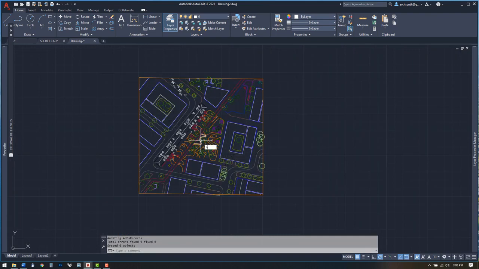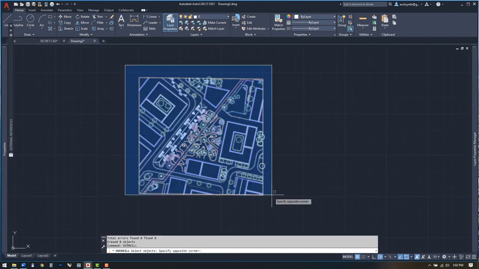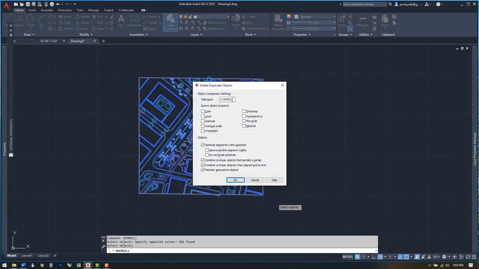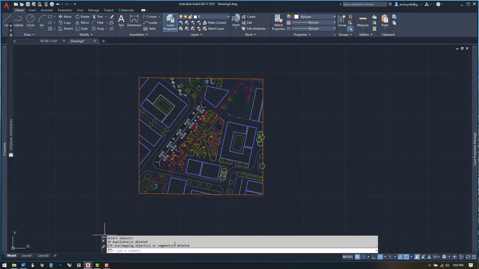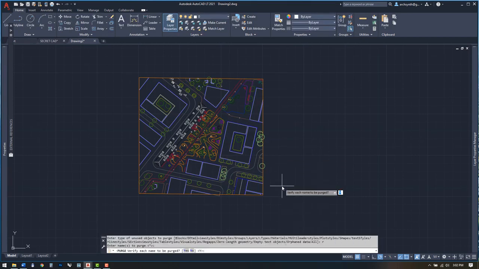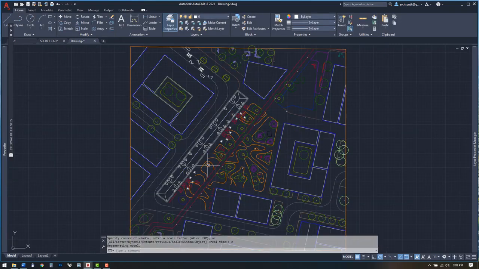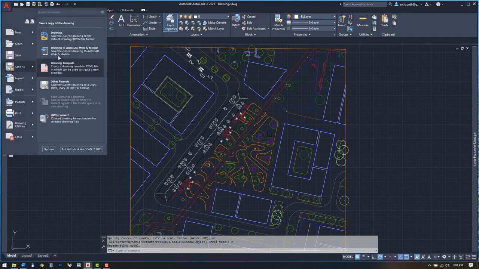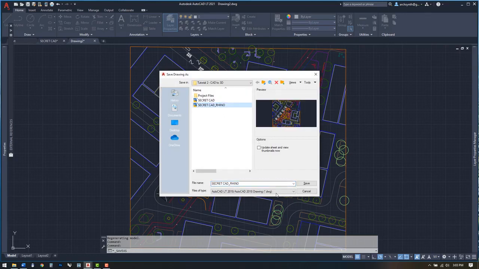Last is OV for overkill. Select the entire drawing space and it will look for objects within this tiny tolerance, which are basically overlapping or duplicate objects. Press enter and we see a whole bunch of duplicates were found and deleted. Now we run through this routine one more time just to be sure that we've got everything. Things should be pretty clean, so let's save this file,